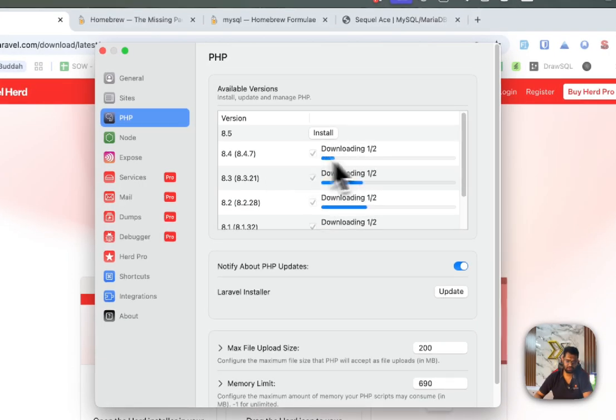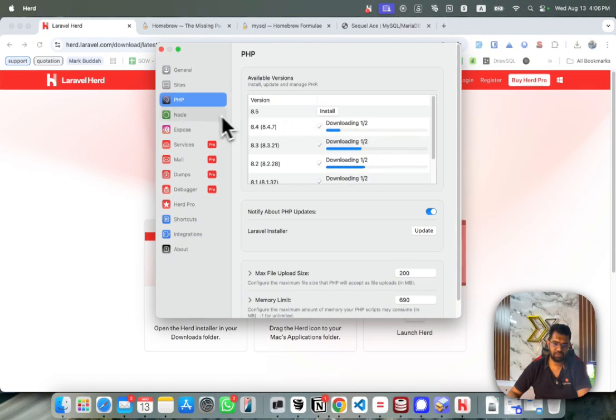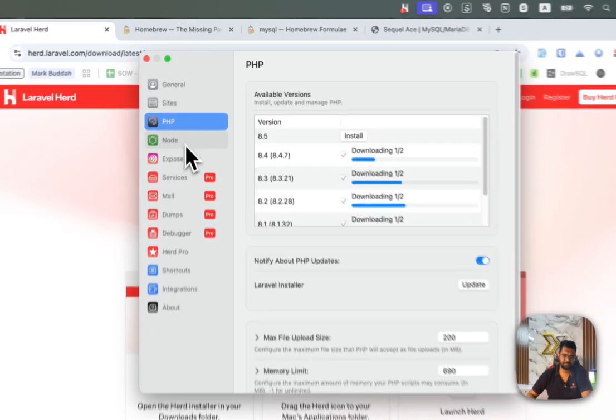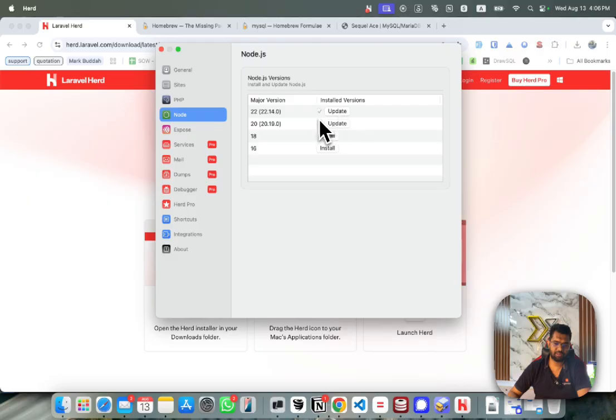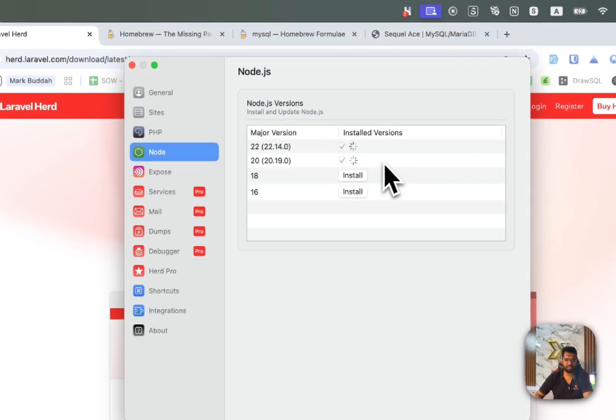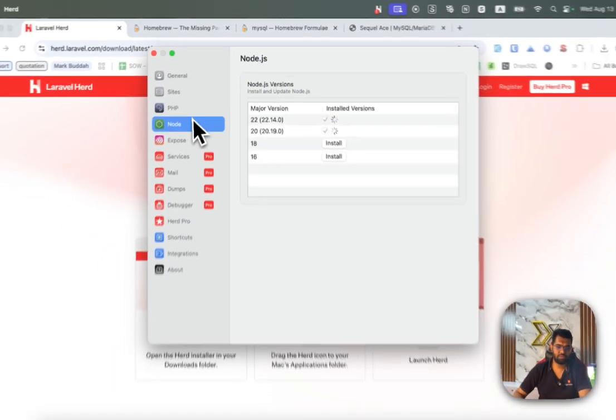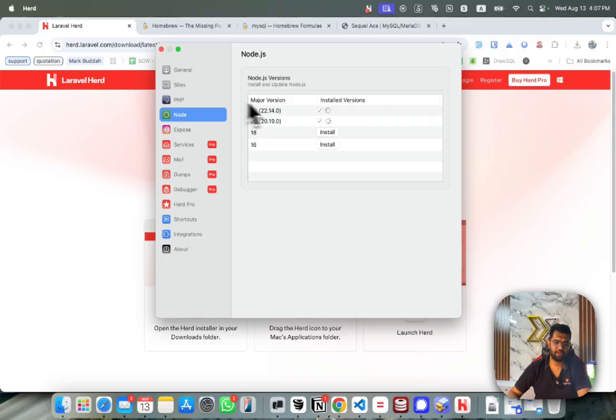Once PHP is installed, let's move to Node.js. You can install Node.js version by just click on install now. I am using two versions of Node.js, one is 20, one is 22. Just in my case, I already have those. That's why I am clicking on update. So once this update is done, the next move is to install and configure